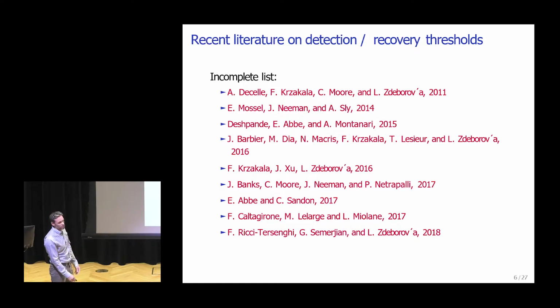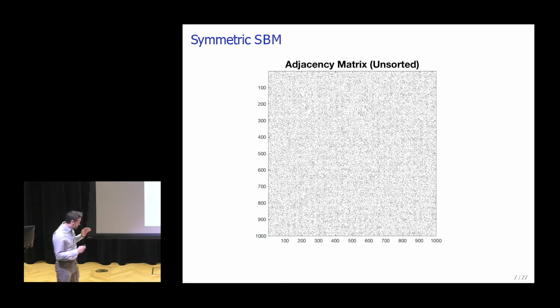So the point is there's been a lot of recent work in this by a lot of folks really figuring out some of the particulars, especially of the symmetric stochastic block model. So this is, again, like Jean showed you, I'm giving you the opportunity to try and find the community structure yourself first. In a real-world situation, you might not know how many clusters there are. You might not know much about them.